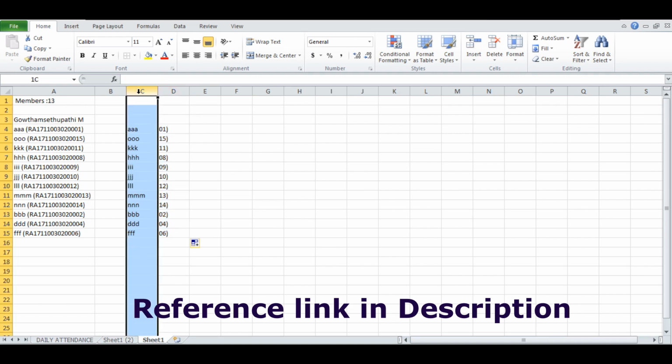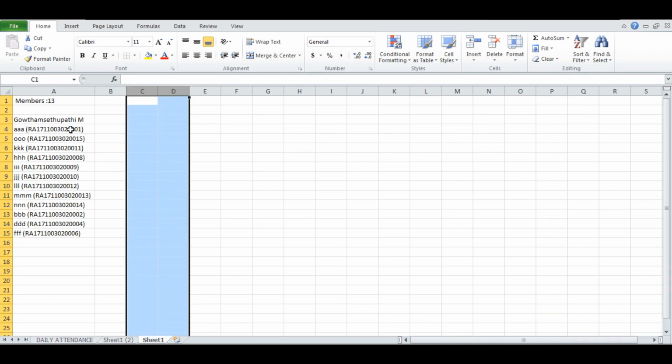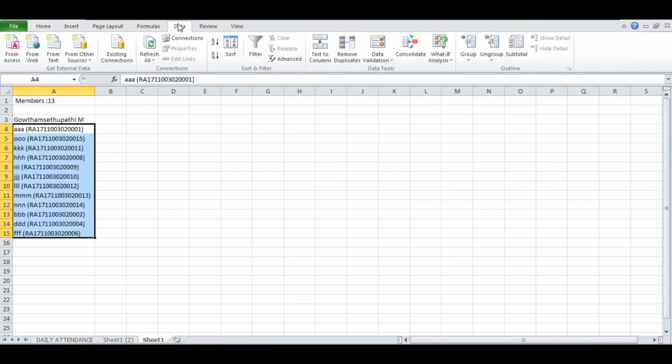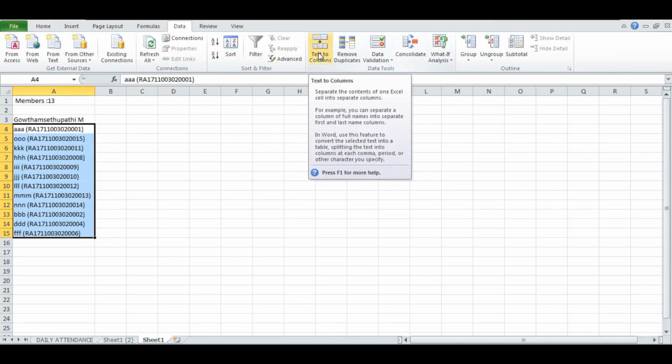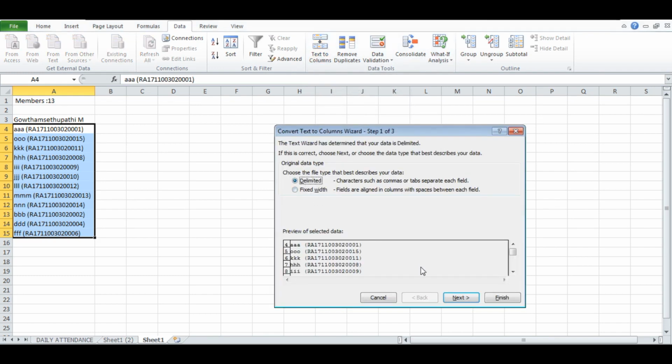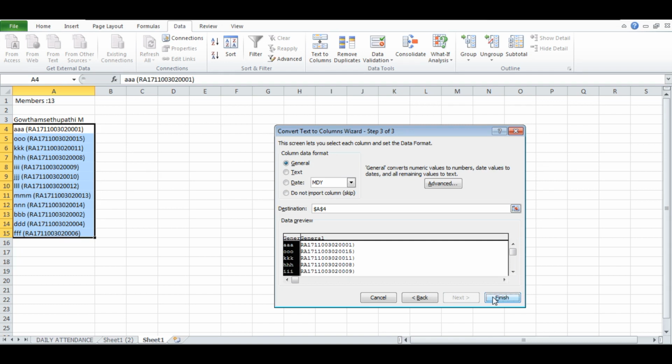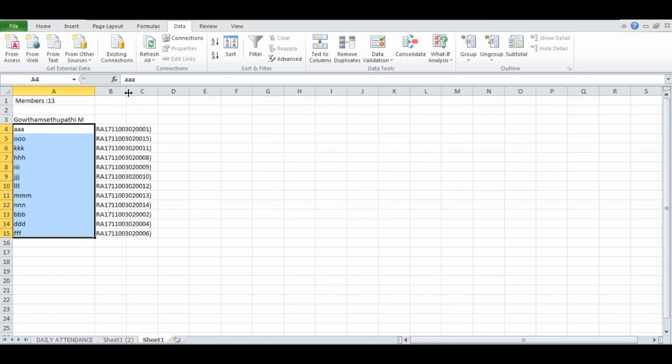So in our case, it is inside the parenthesis. We can very well use the formula, but we have other option also, like text to column option. So here I am going to use the steps like split the text with the starting parenthesis. So after parenthesis, whatever text I am having will be split and given as a separate column.